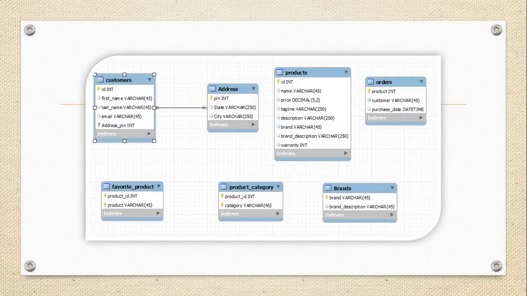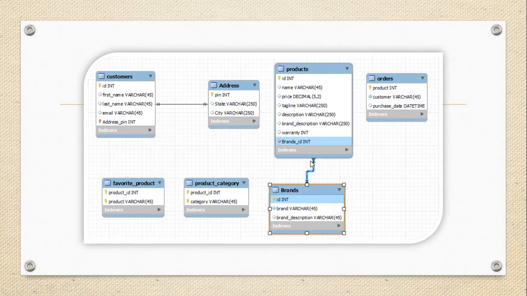Okay, so let's do one practical. Here I have a table, and we implement the one-to-one relationship. Now we'll perform the relationship between product and brands. Here we need to create one more ID in the brand section, and after that we'll apply the relationship. Once we create the ID and apply the relationship between products and brand, or brands to product, whatever it may be, don't worry about that, the foreign key will be created automatically.